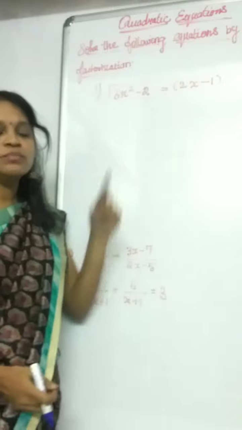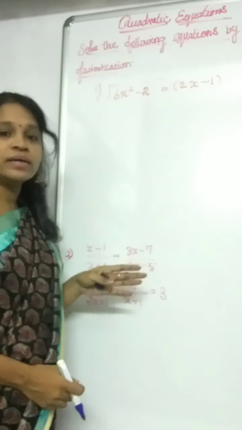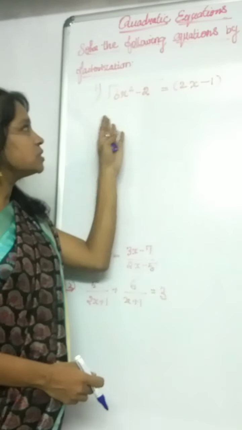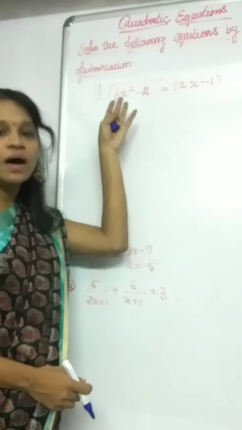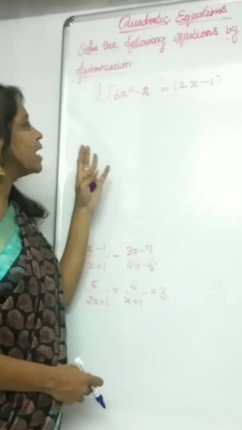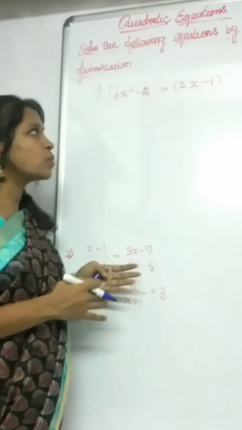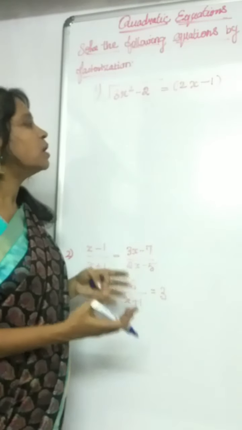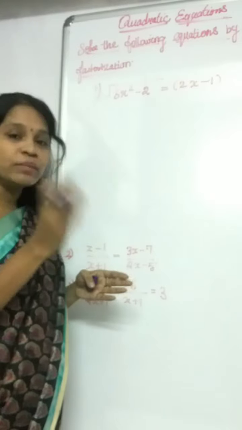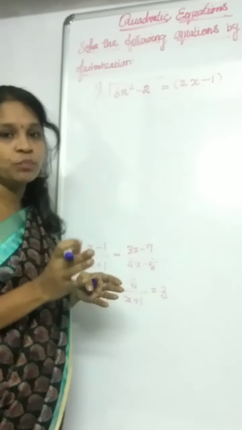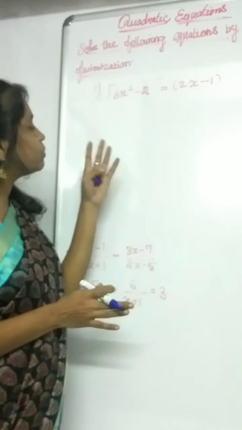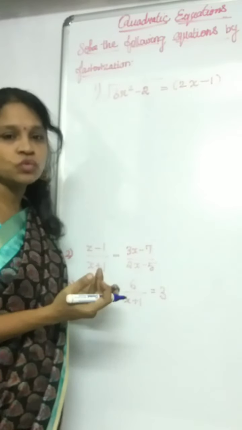And this is your next model. Actually this is also a quadratic equation because on the LHS side the term contains the highest power 2, but it has a square root, okay? Sometimes the problem is given with a square root on one side and some other term on the other side. How to solve? You have to remove the square root. That is very important, okay? If you remove the square root, it is easy to solve further.